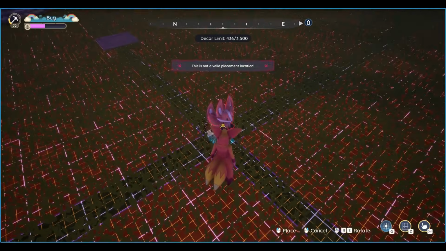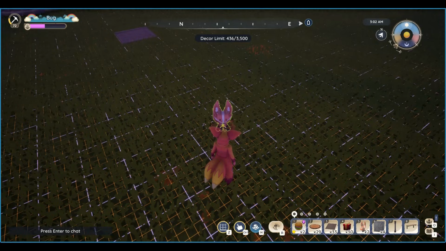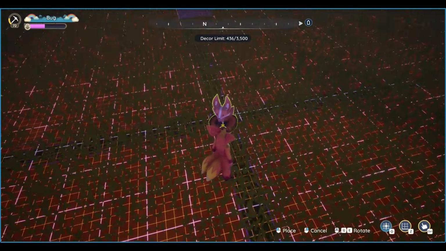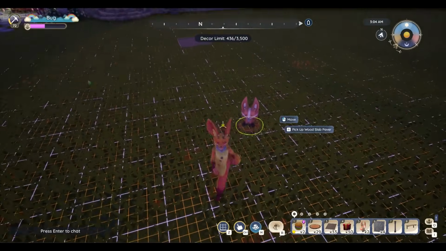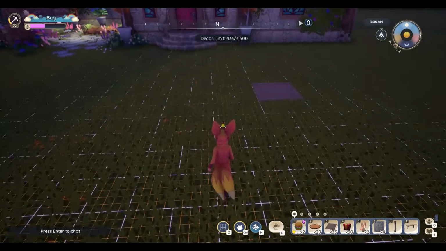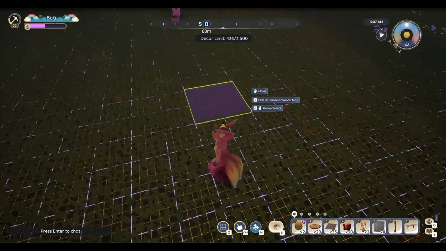So if I were to pick up this paver, oops, let me get rid of my plushie. If I were to pick up this paver, the plushie will come with it just like normal. I'm going to right click and put it back in place. But if I were to move this floor back into place, so I'm going to grab it and